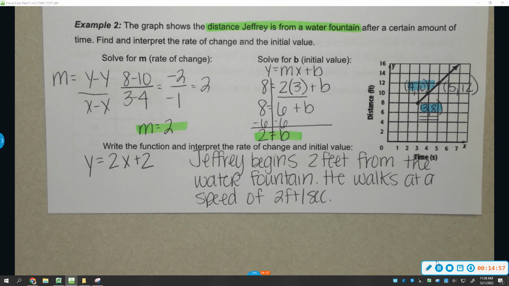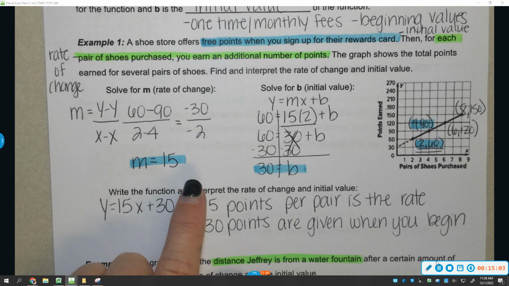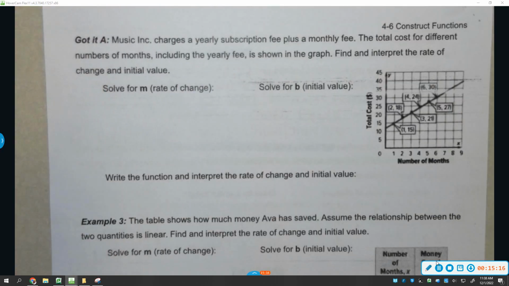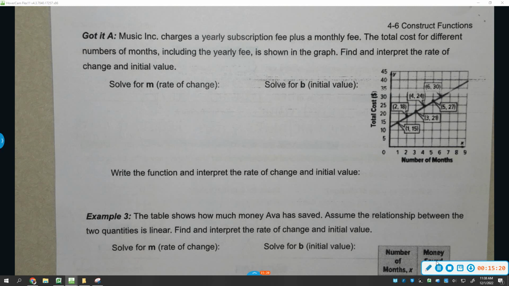All right, now, your Got It problem on the next page is more like example 1. It talks more, or gives you more context clues, in the story problem. All right, so flipping to the back,